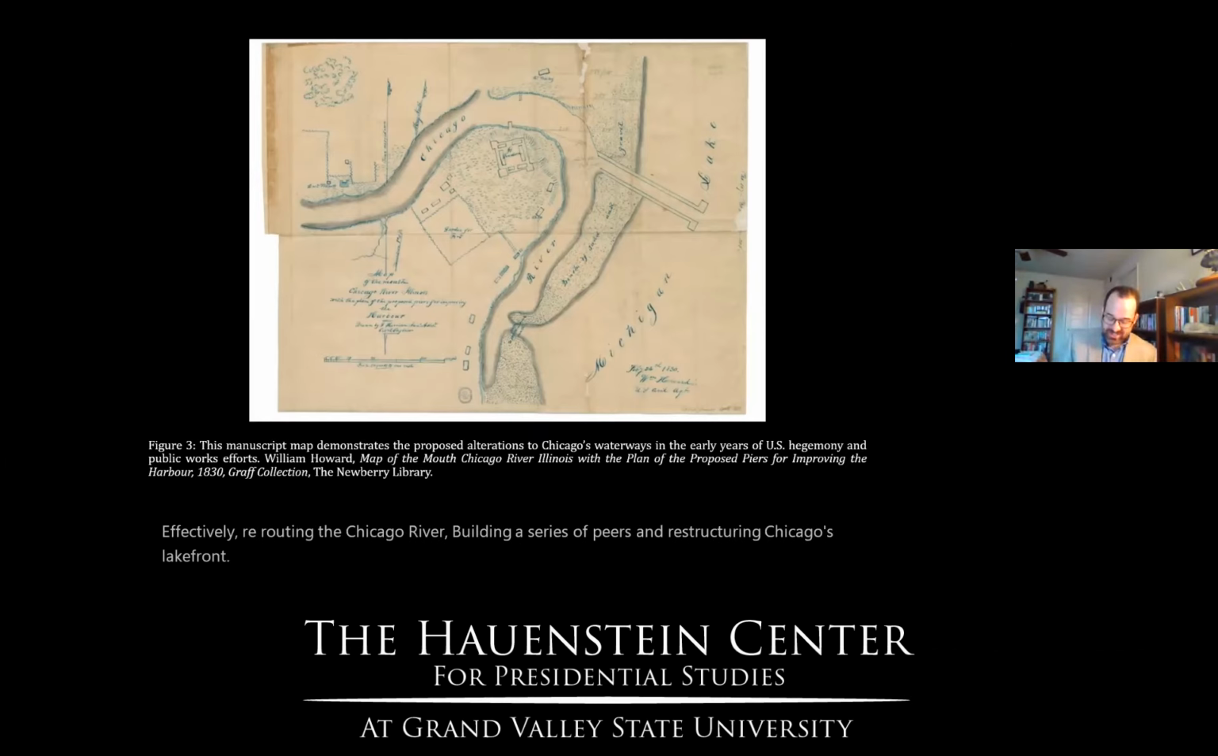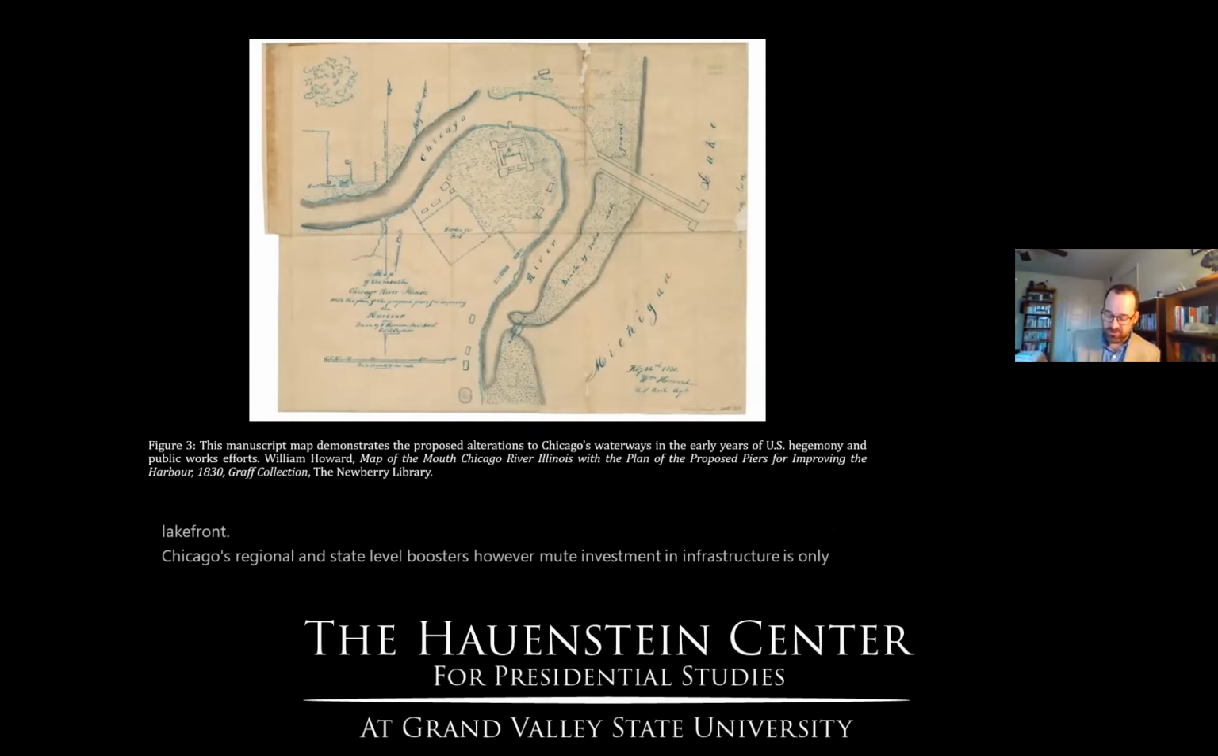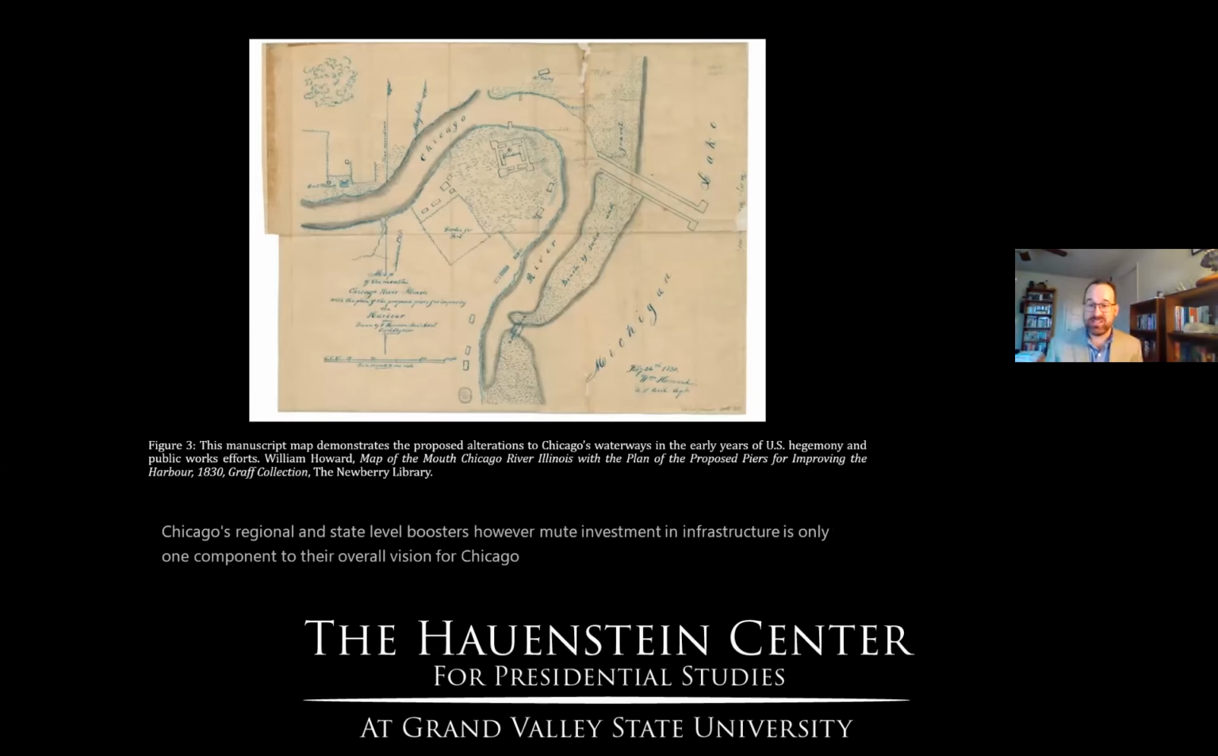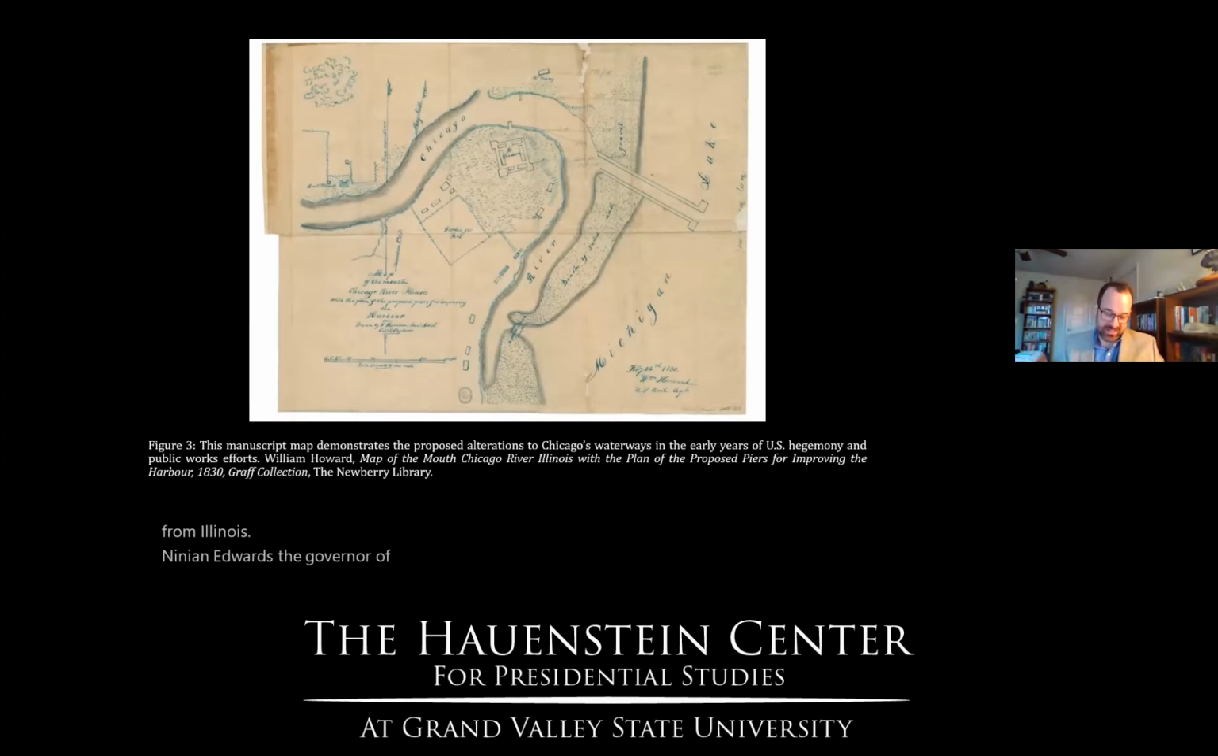Chicago's regional and state level boosters, however, viewed investment in infrastructure as only one component to their overall vision for Chicago's transformation as an American space. These same individuals who advocated for a conversion of Chicago used threats of indigenous violence during the 1820s and 30s to push for the removal of the Southwestern Anishinaabe from Illinois. Ninian Edwards, the governor of Illinois, saw the livestock killings and crop thefts perpetrated by Chicago's Anishinaabe in 1827 as providing an opportunity for the government to, quote, "drive them from their present residence and gain the lands for